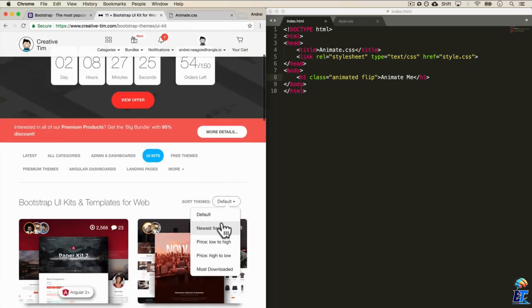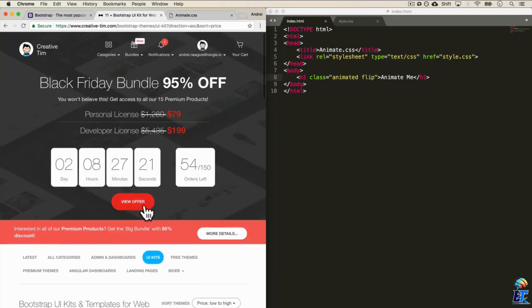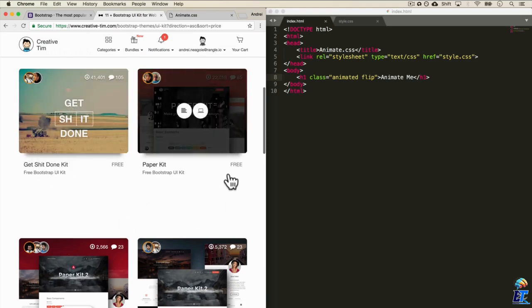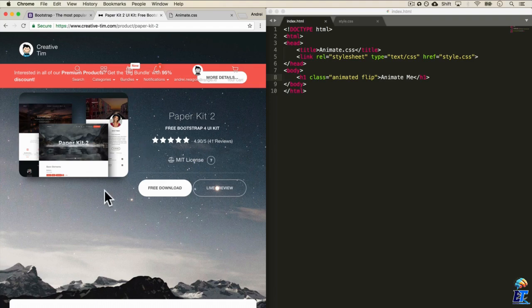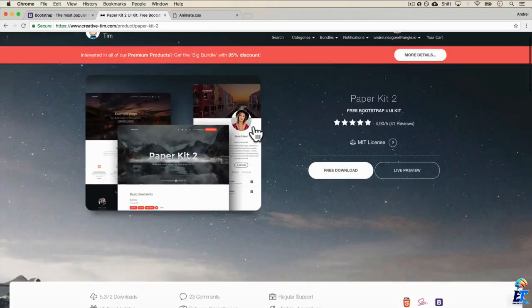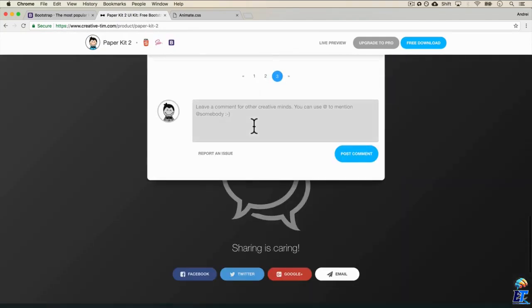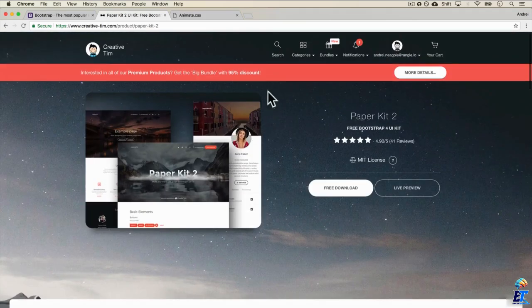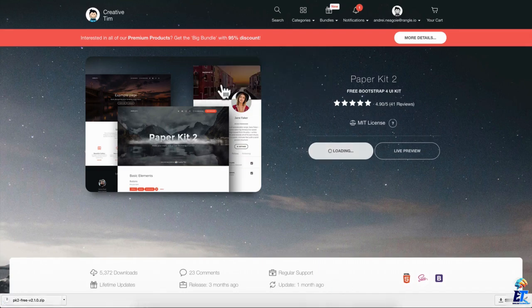If I click on price low to high, there you go. We have the Get Shit Done, and we also have our PaperKit 2. So if I click on this, and I'm going to make this full screen, this allows us to build something like this very, very easily with our own custom design. And all we need to do is do a free download. And you'll see that when we download this,